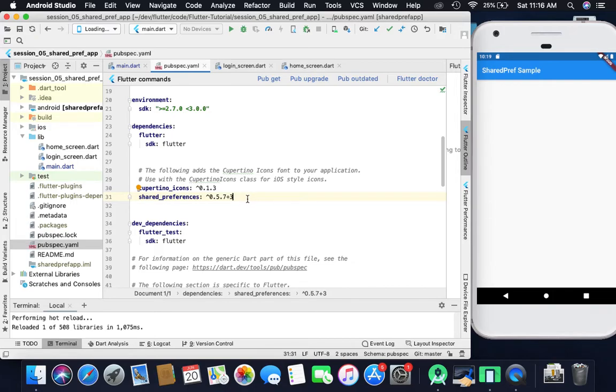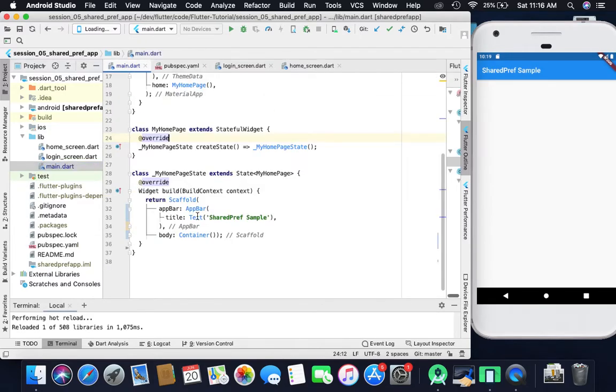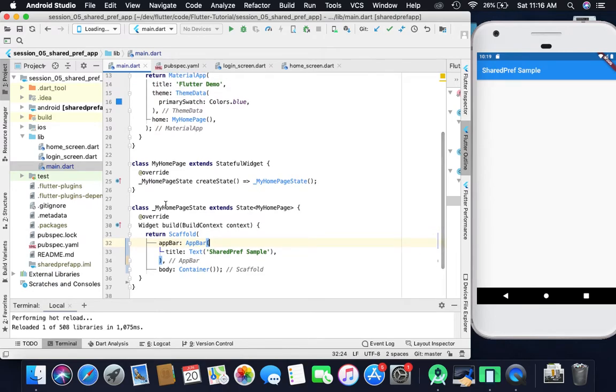You just have to add it and press the pub get button, and it will download the dependency. Here we will look into one sample where we can use the actual shared preferences. Before that, I will show that there are three screens, or you can say three Dart files